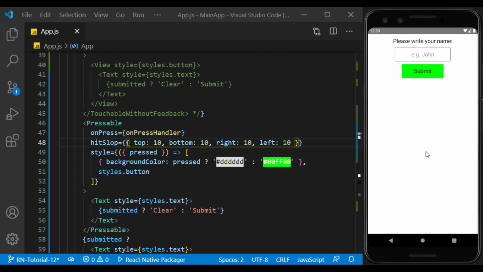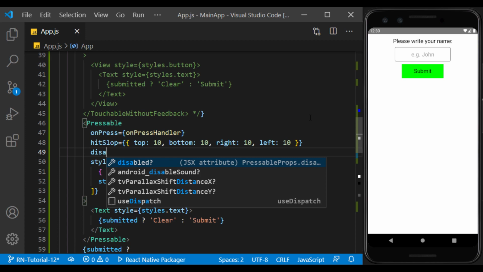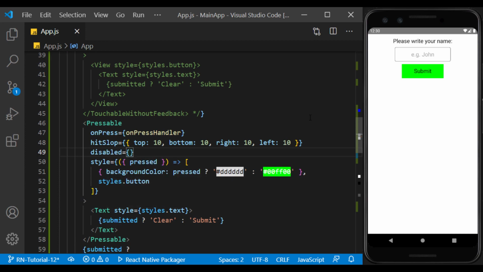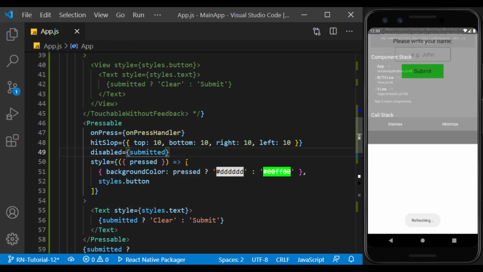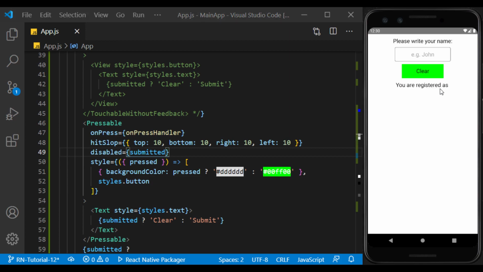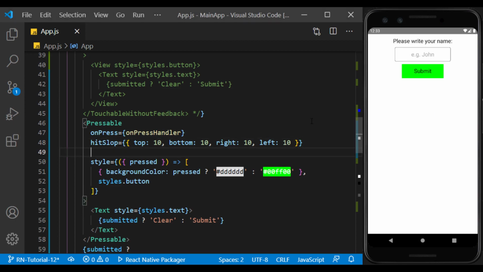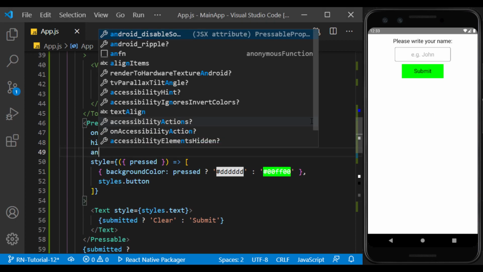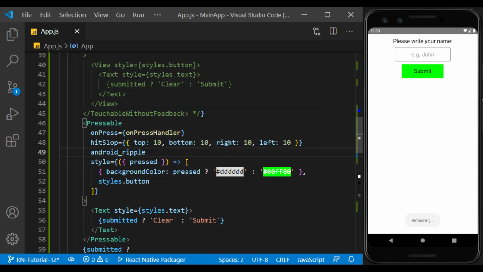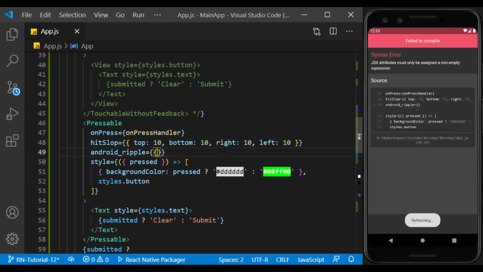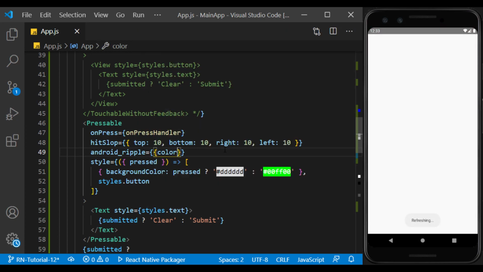You can also use the disabled prop to disable it. Another prop that this component provides us is android_ripple, which creates a ripple effect on Android devices. Its value will be the color of the ripple effect.